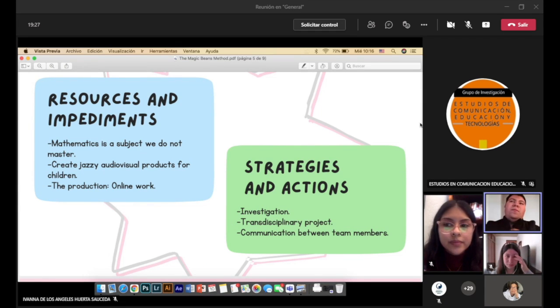The first, we had three principal impediments. The first one was we really didn't know how to teach math to visually impaired students. And number two, as communication scientists, the students' math subjects are not in our area. We had not mastered them and we have not practiced them for a long time.